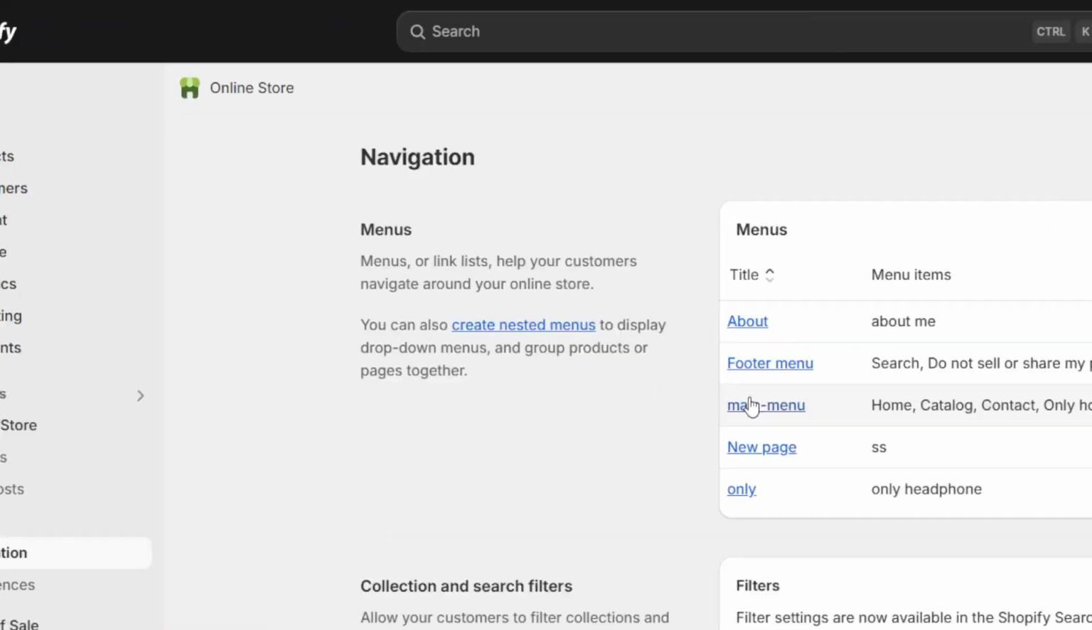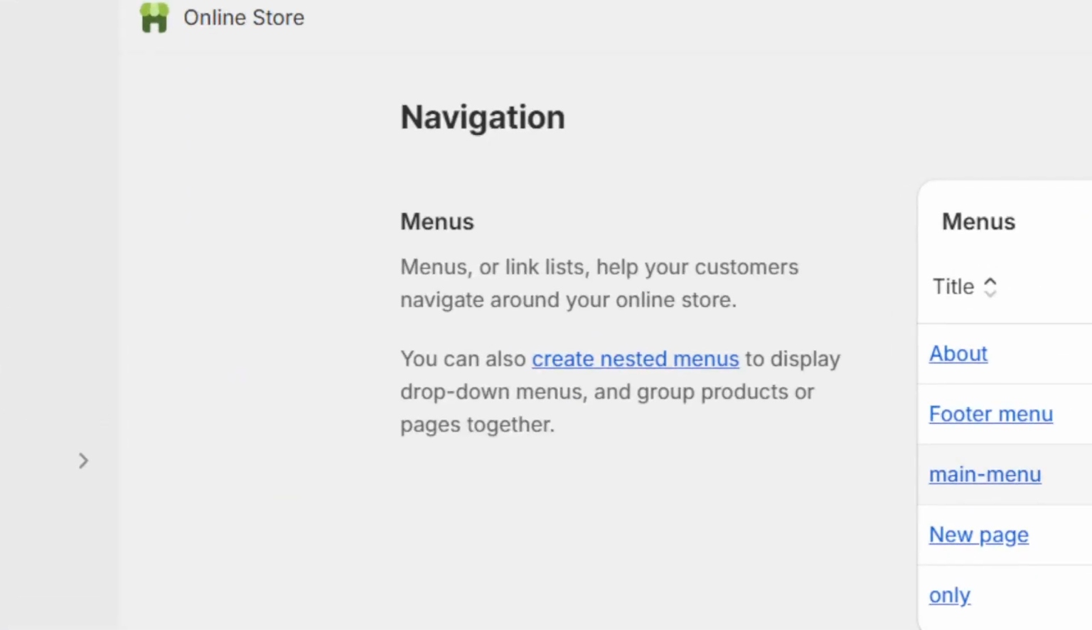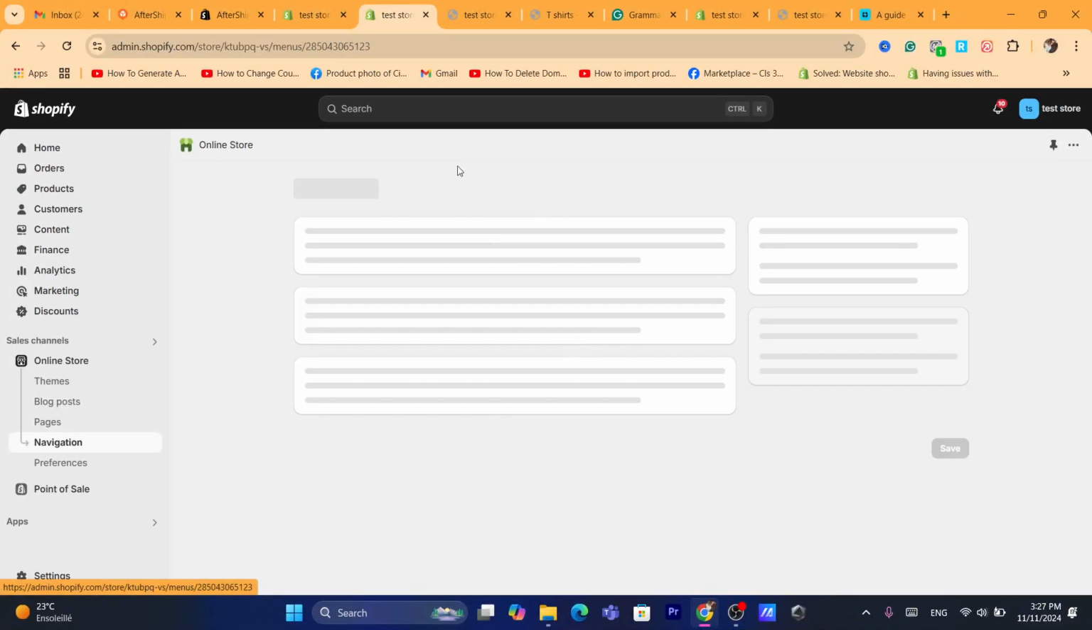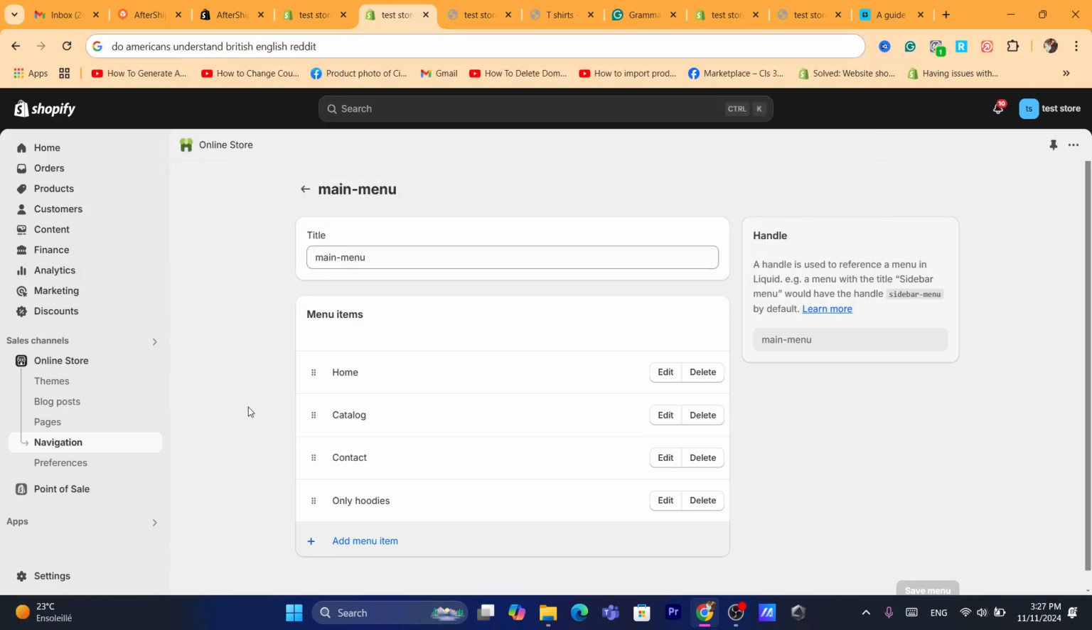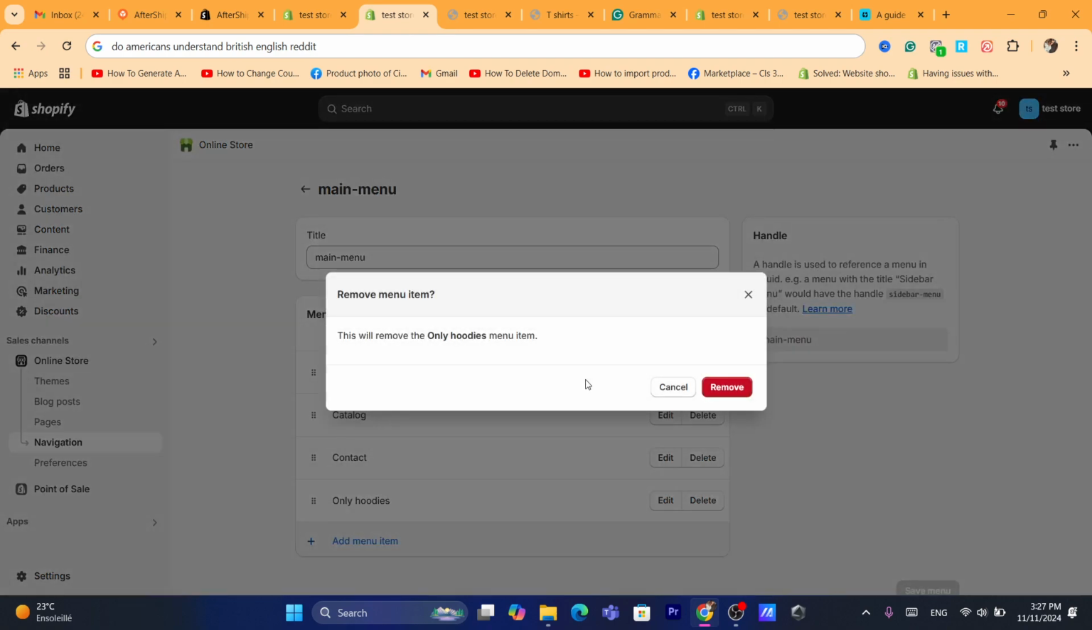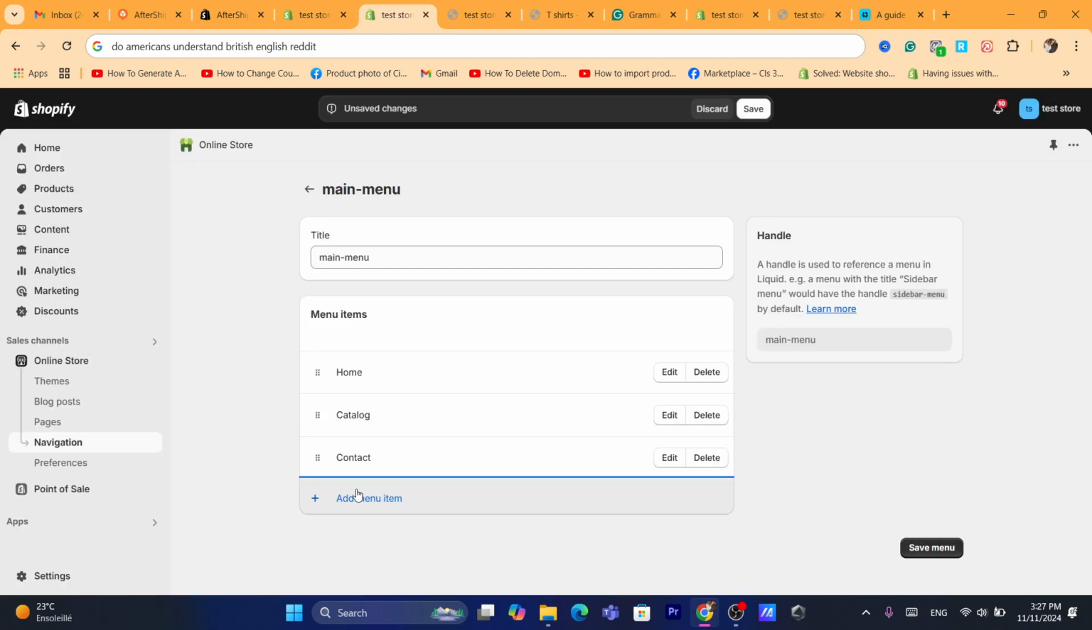You want to click on main menu. If you cannot see main menu here, you want to click on the menu that says here home, catalog, contact. You want to click on it. Okay, so after that you want to click on add. I'm going to delete this main menu because I'm not using it anymore. So you want to click on add